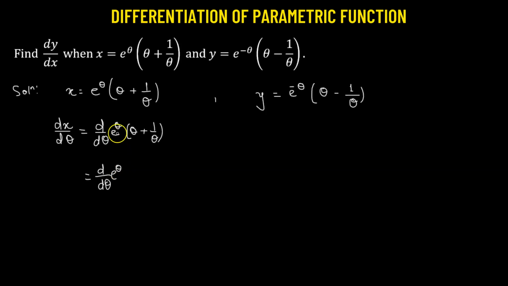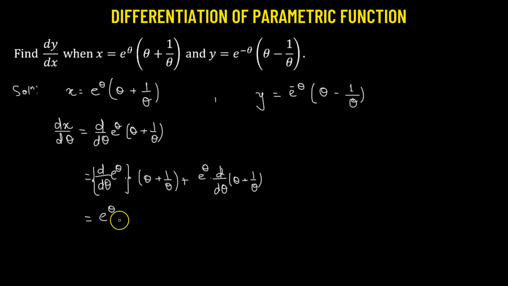So we're treating e raised to the power of theta as the first function. This will get multiplied by our second function, which is simply theta plus 1 over theta. Added to that, we'll keep the first function aside and multiply it by the derivative with respect to theta of theta plus 1 over theta. Now the derivative of the exponential function gives back the original function, e raised to the power of theta. That will get multiplied by theta plus 1 over theta, plus e raised to the power of theta multiplied by